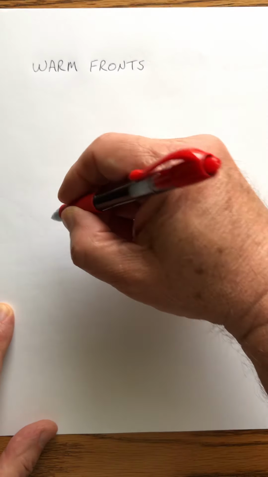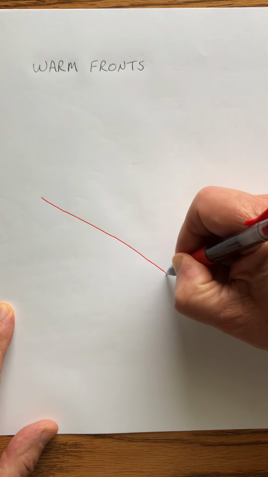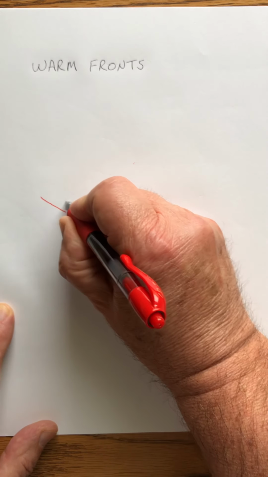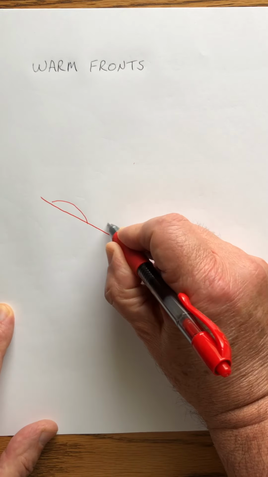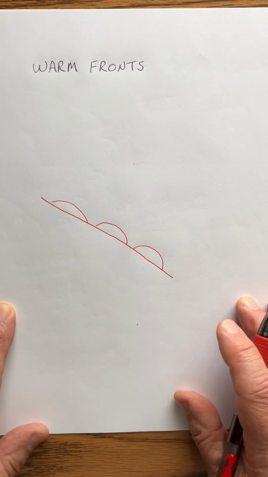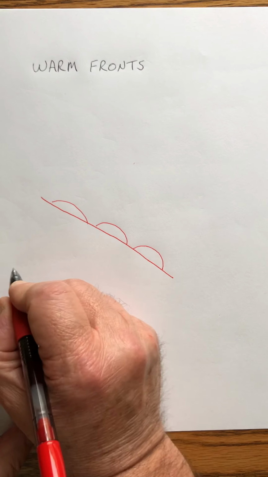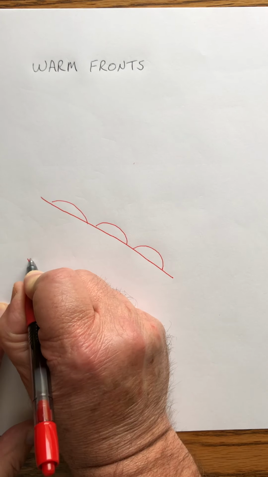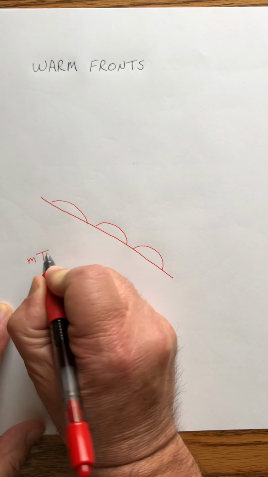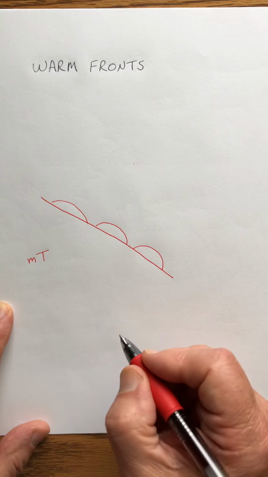Okay? So warm front, again, we've talked about warm fronts in class before. And if we draw it, a warm front is a red line with red semicircles. And the red semicircles point into the direction that the warm moist air is moving. Okay, and so by definition, a warm front is going to be an advancing warm air mass, most likely maritime